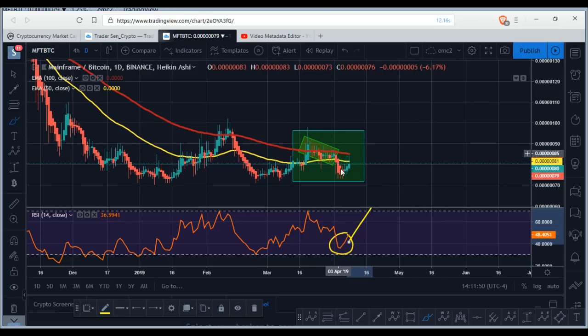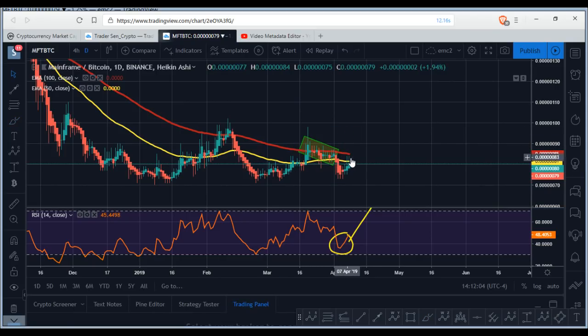ICX also making the same move. OneChain also already made the ABC correction to the downside, right? To like, I think 0.786 or 0.618, and then we could be expecting a big move to the upside, but we're just gonna have to wait and see how MFT is gonna be able to